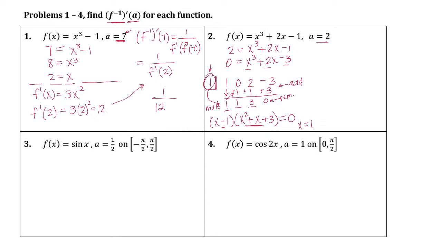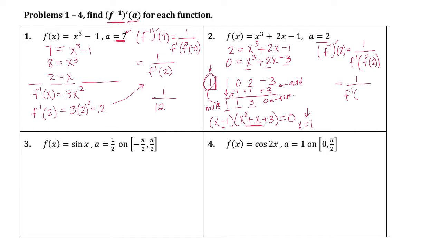Alright, so if x is 1, well, now we've got a good value to run off of, because we also know that we are looking for, again, the derivative of that inverse at 2, which is going to be 1 over f prime of f inverse at 2. Well, we just found f inverse at 2 is going to be 1. So now we know we have 1 over